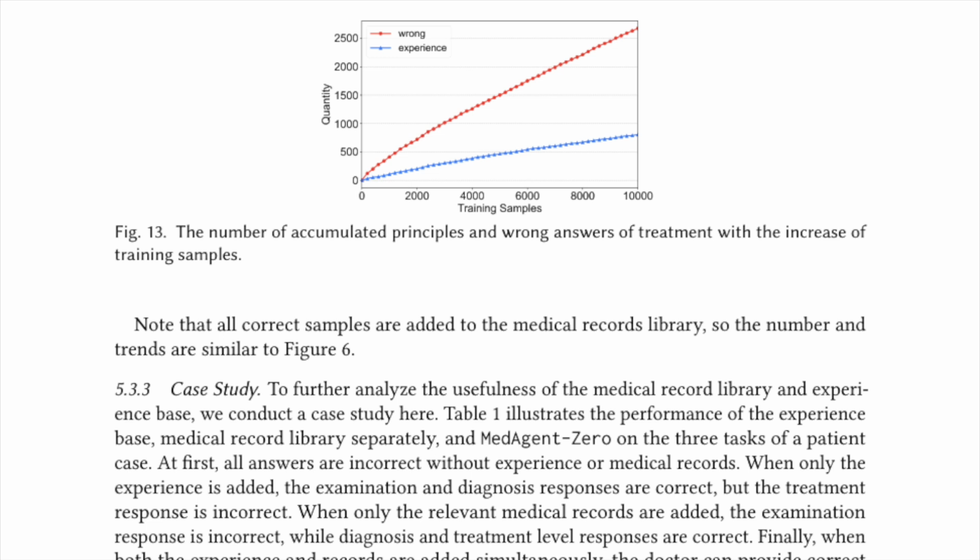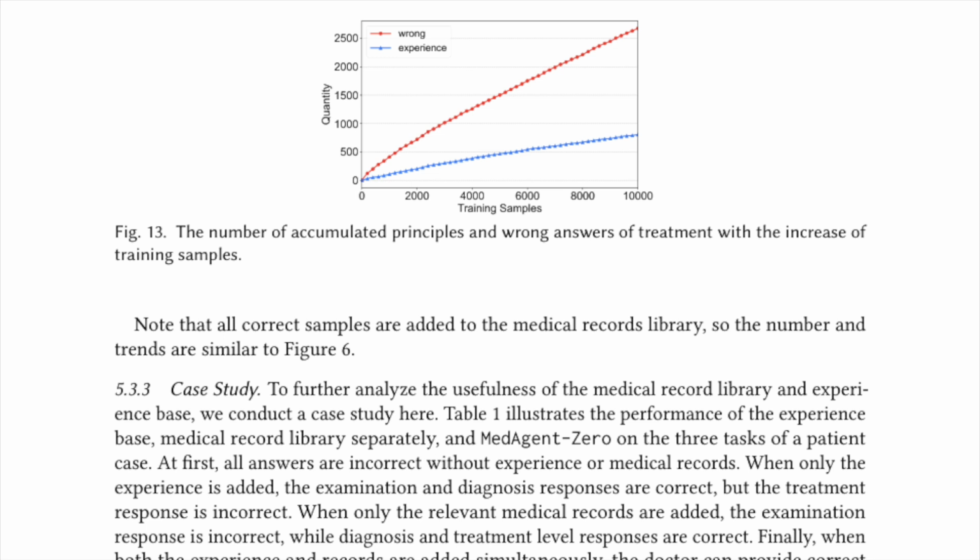5.3.3 Case study. To further analyze the usefulness of the medical record library and experience base, we conduct a case study here. Table 1 illustrates the performance of the experience base, the medical record library separately, and MedAgent 0 on the 3 tasks of a patient case. At first, all answers are incorrect without experience or medical records.